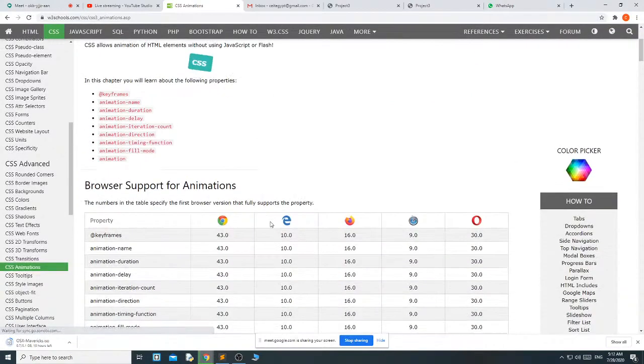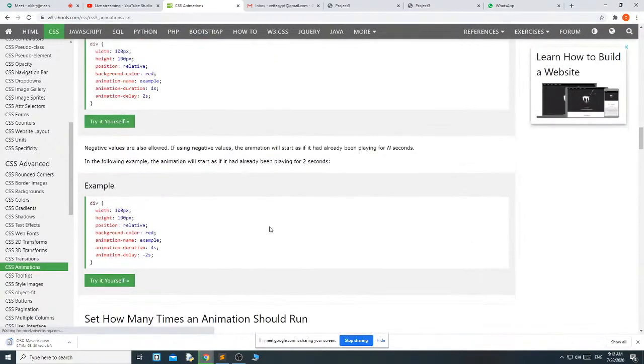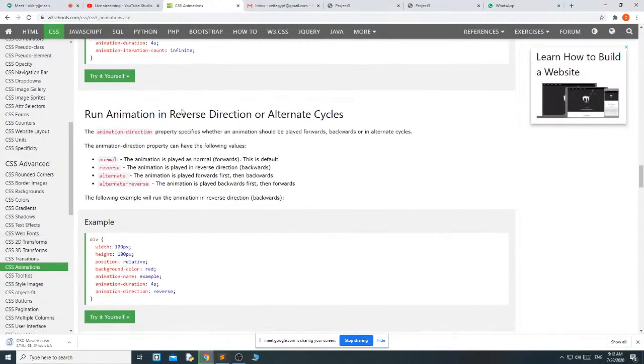Okay, in animation, see, in some cases I have used this one, alternate, reverse. Alternate reverse means the animation is played backward first. Alternate means the animation is played forward first, then backwards.